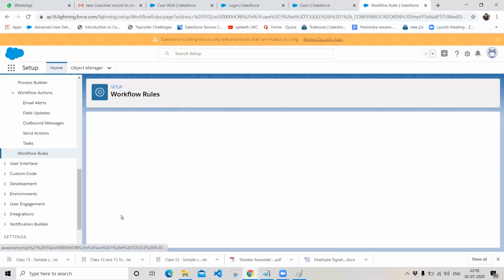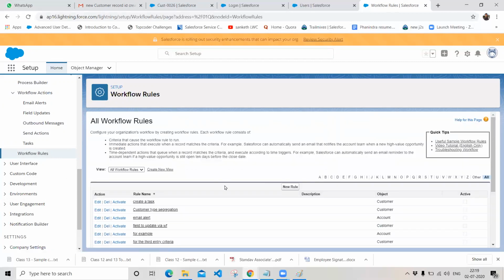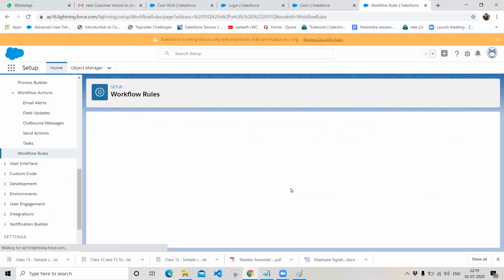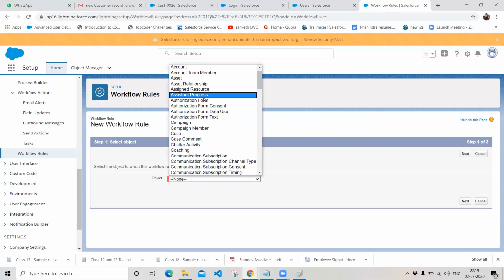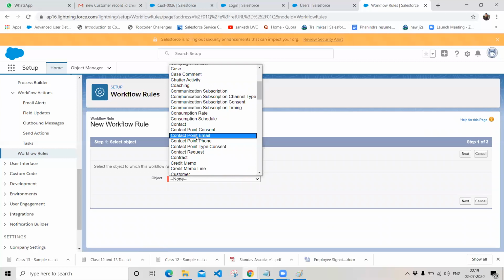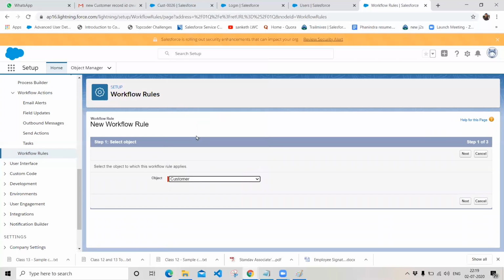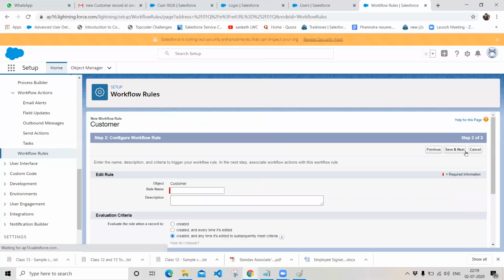Okay, deactivate. So there are no active workflow rules in our organization. Whichever rule we are creating will act on a specific criteria and be automatically assigned. And similarly, choose the object on which you want to perform this workflow rule. I'm selecting my customer object and click on next